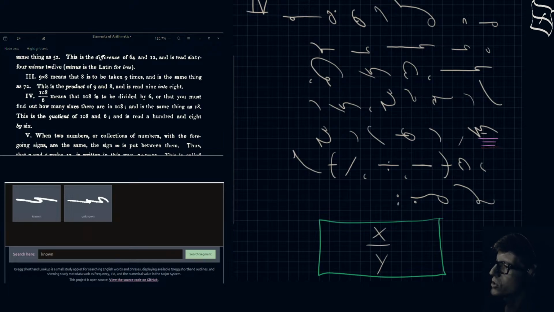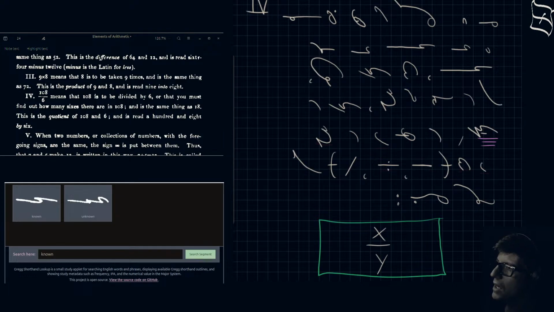It's called the quotient. The sign for the operation, and let's make the 4 just a little smaller, the sign for the operation is thus: this symbol,